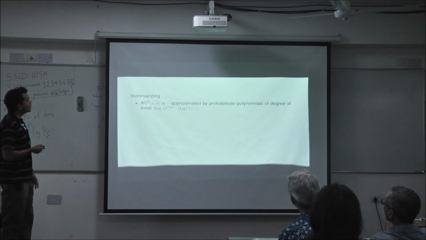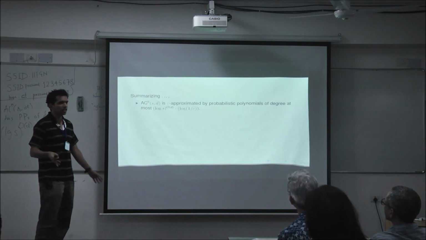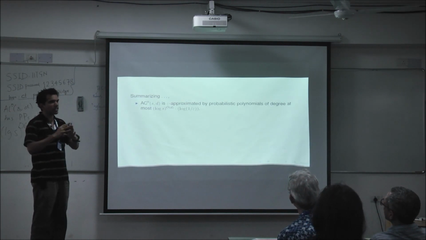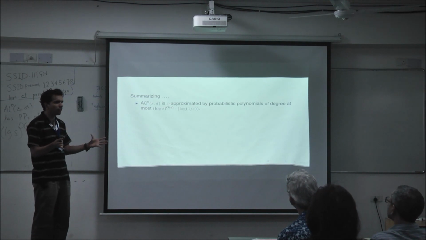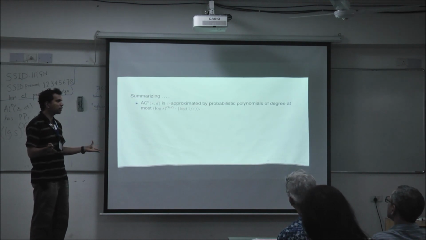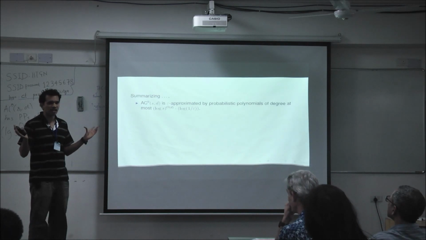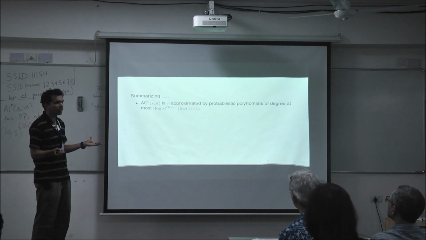Okay, so summarizing. So what did we do? The main result, the most important take home of this, is error reduction for probabilistic functions. Okay. This is actually a very simple fact, but for some strange reason it had not been observed, and it's been used to prove about 3 to 4 results over the last 5 years or so. And there's no reason not to know it. So it's worth keeping in mind.